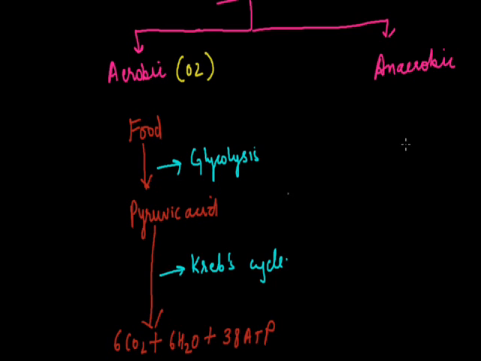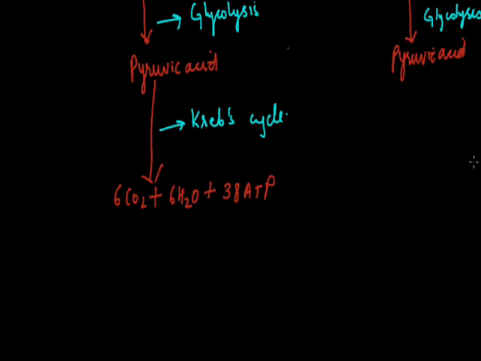Now, if we talk about anaerobic respiration, the first step is similar, that is conversion of food into pyruvic acid. This is again called glycolysis. Now, this pyruvic acid can undergo anaerobic respiration in two ways. If the anaerobic respiration occurs in a yeast cell, then the ultimate end products are ethyl alcohol, carbon dioxide,